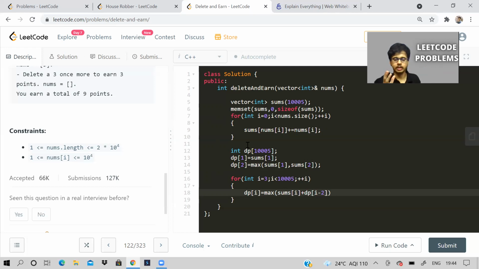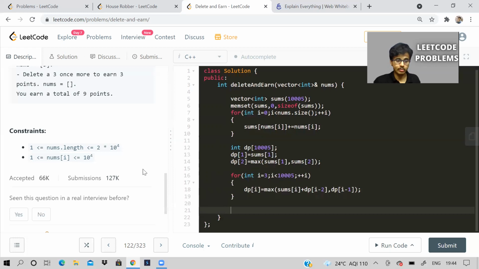Same as house robber. Instead of sums, it was nums in house robber. But in this problem, we need to accumulate all the sum and map it to that number, that's all. Or I will take DP of i minus 1.